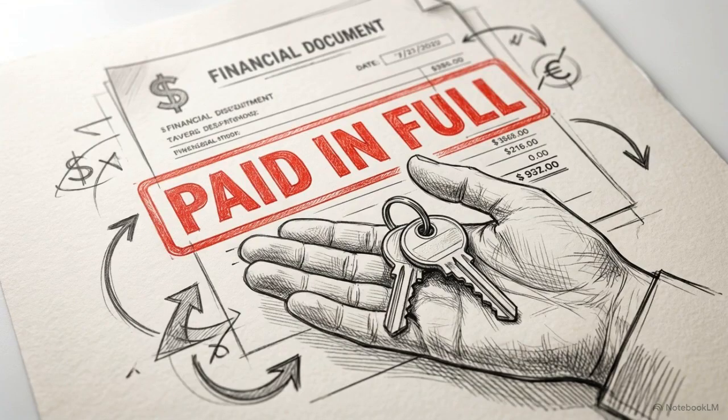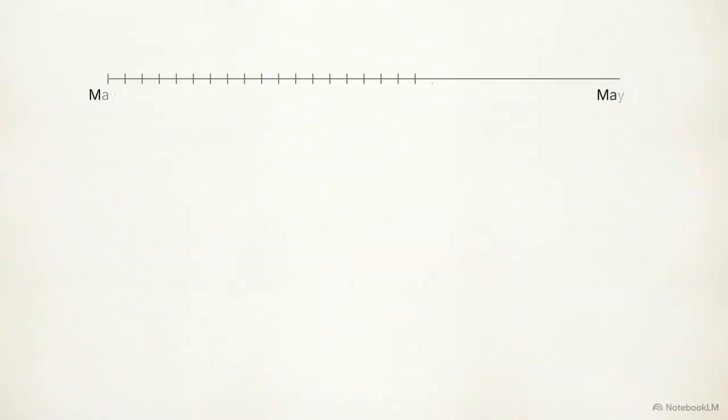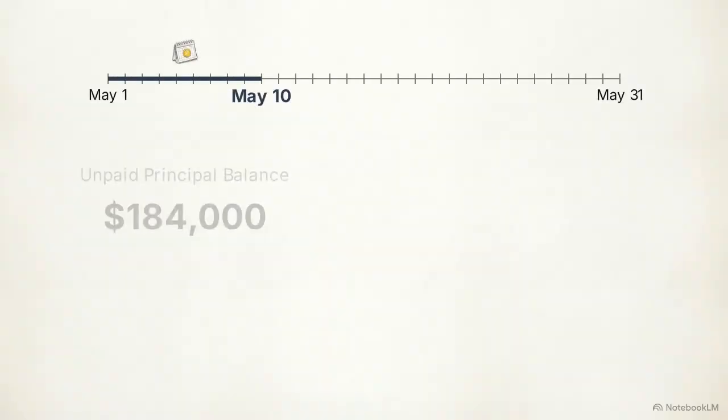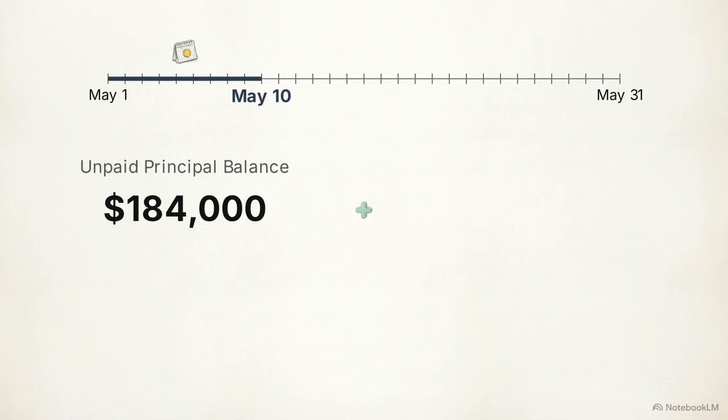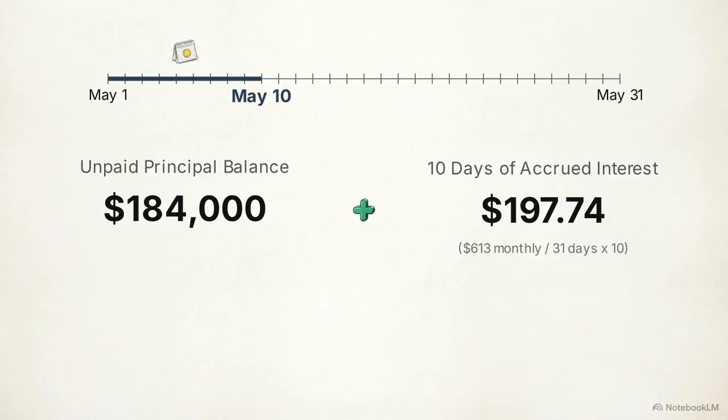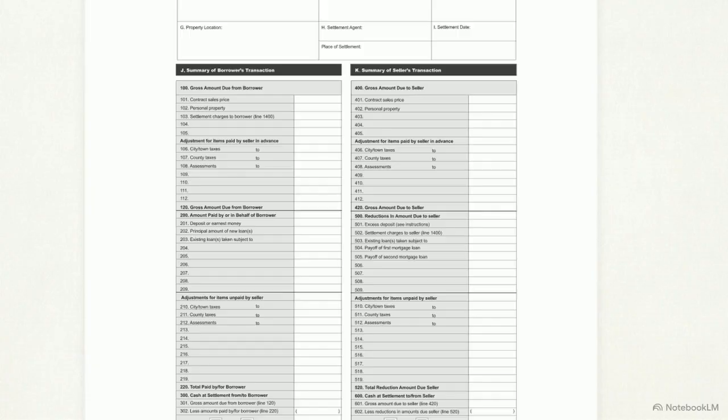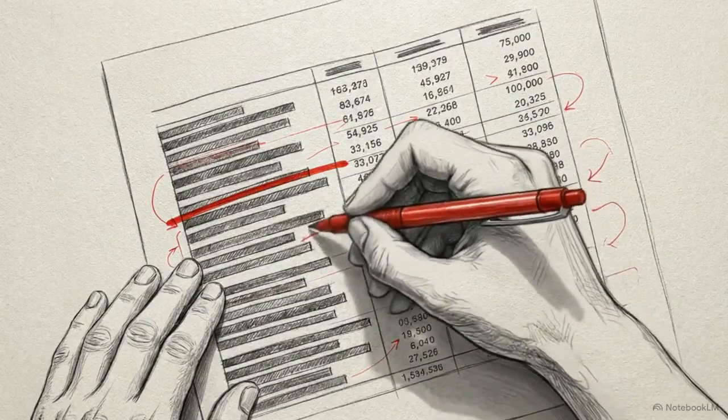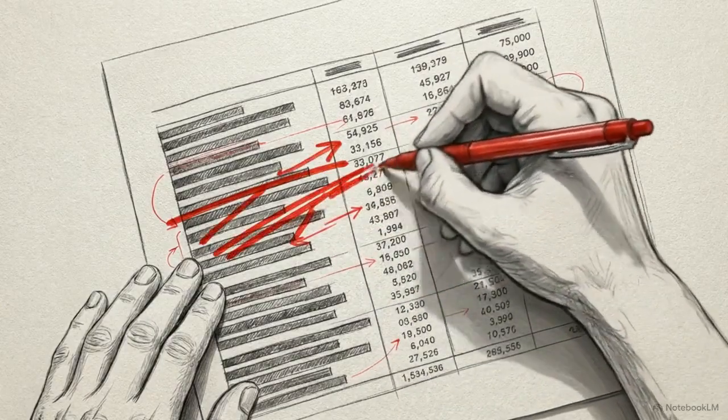Before the seller can collect their profits, they also must pay off their original mortgage. Because closing is on May 10th, they owe their $184,000 base balance, plus exactly 10 days of accrued May interest, which amounts to $197.74. We take that final combined loan payoff figure of $184,197.74 and map it back onto the primary summary page. It is recorded on line 504. Once all liabilities are charted, it is clear how much of the seller's home equity is consumed by the transaction's